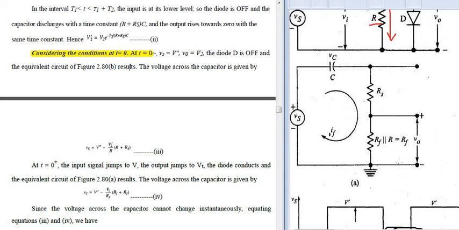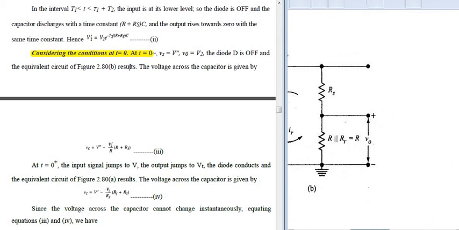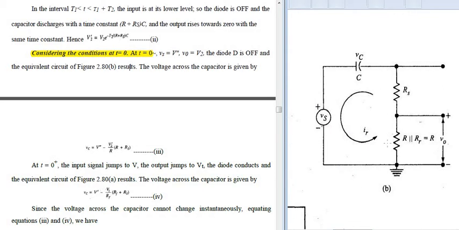For that, this is the output circuit, the equivalent circuit diagram, where Vs is equal to V double dash and your output voltage V naught is equal to V2. We are getting V2 as the output voltage because I am going to find the V2 voltage, and the diode is in the off condition. That means the current will be flowing in the reverse direction and your diode will be off. Okay, now the voltage across your capacitor can be given.